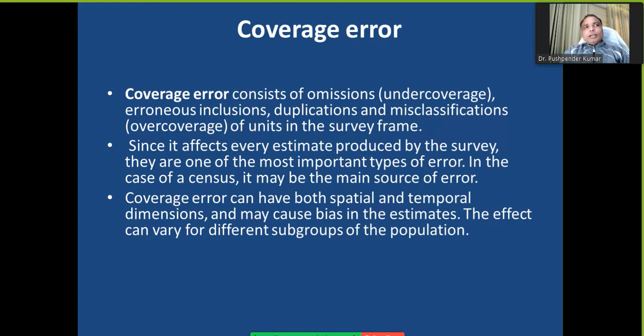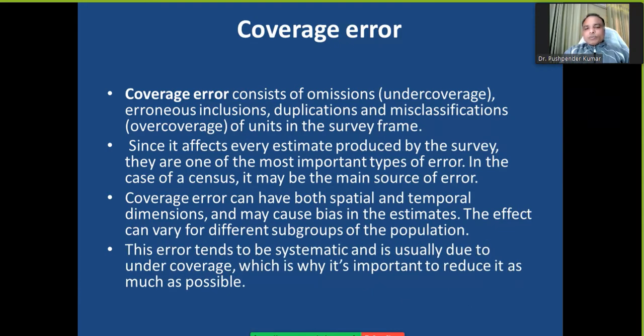And secondly, one person is giving information about all family members. For example, whenever you ask the date of birth of a child, the parent may not give you the right answer because they may have some issue with the year, which year the child was born. So here it's erroneous information. So to reduce this error, we need to talk to the concerned person only. So here this is a problem, that you have a subgroup, maybe a community, maybe gender wise, maybe you can divide it on the basis of some other characteristics.